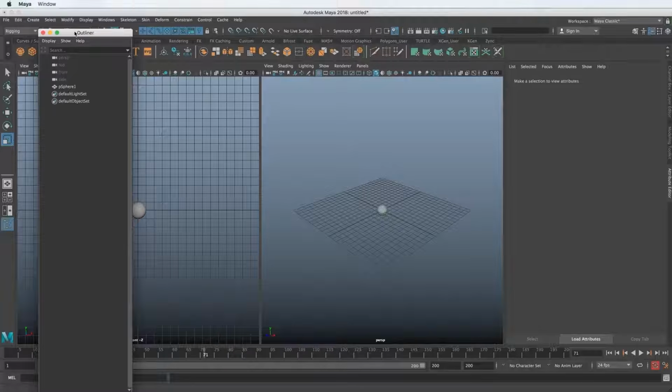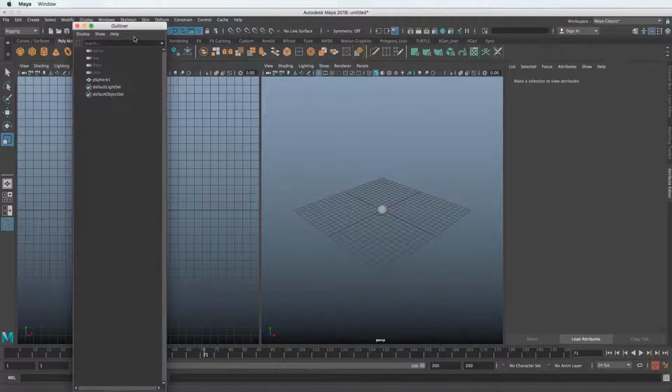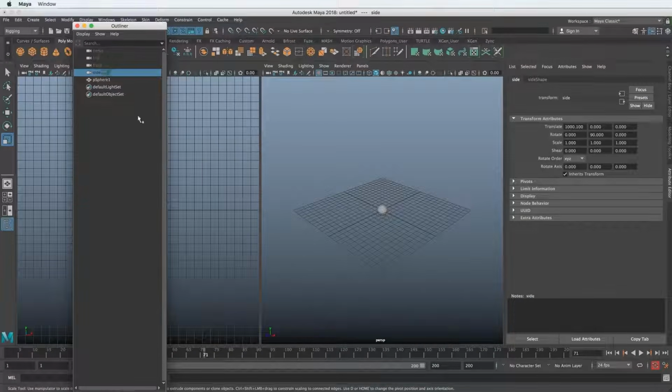And one of the last things I want to talk about is the outliner. The outliner you're going to have open and spend a lot of time in because it's basically a table of contents of what's in your scene. You can see that we have these different cameras that we saw earlier when we were in the 4-view setup, and they're all gray because they're hidden. We can't actually see them in the interface.